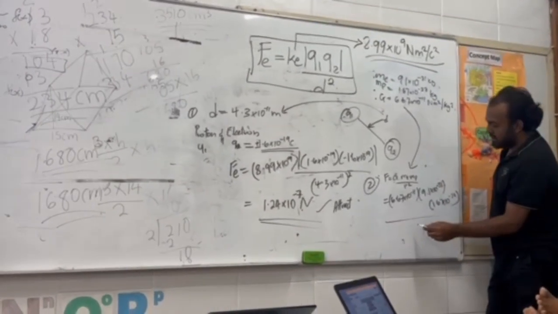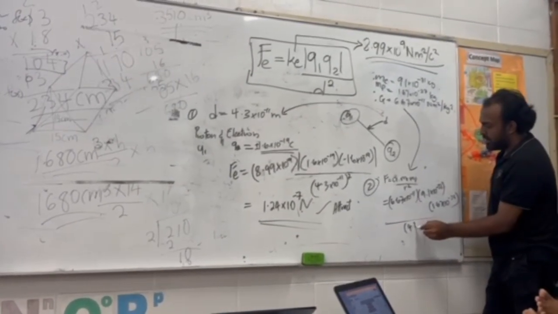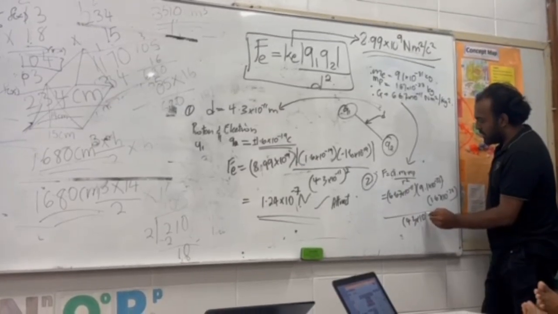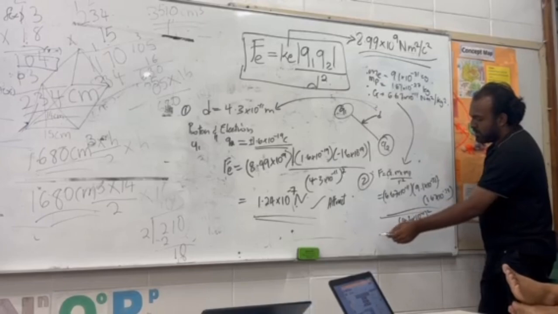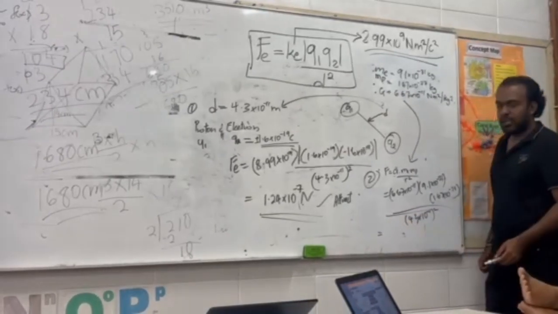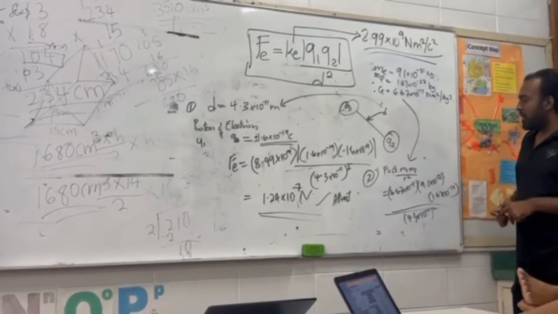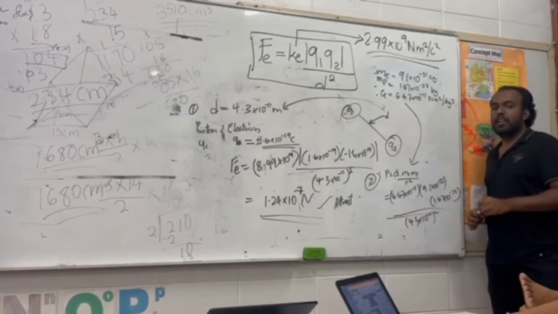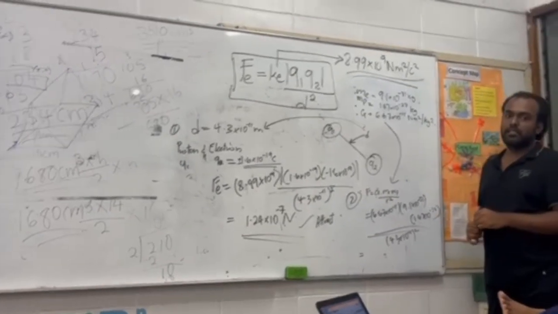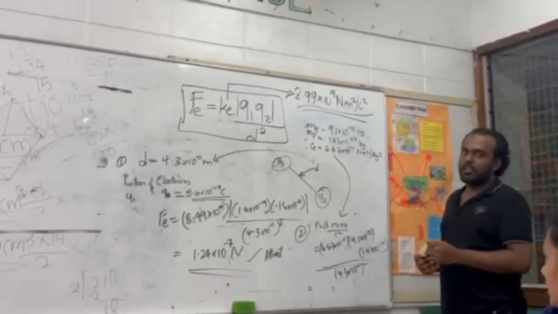the distance. What is your distance? It is 4.3 times 10 to the power of -11, squared. So give me an answer using your calculator. Make sure you use your brackets properly, otherwise you will get a totally different answer. 5.3